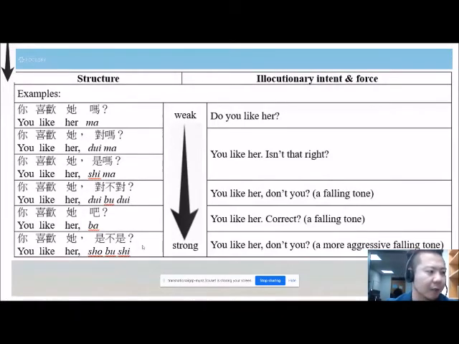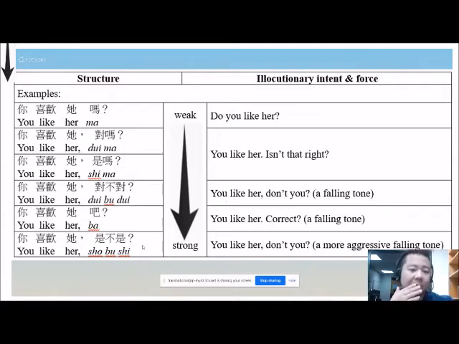So if we adopt a parallel structure to interpret or translate an English tag question, the pragmatic function or illocutionary intent can be altered in the Chinese translation. At court, that can be a serious problem. Maybe the lawyer is trying to be sarcastic, but it turns out that the Chinese interpreting is simply asking a question without delivering that sarcastic tone. So that's what I mean by it can be a serious problem.